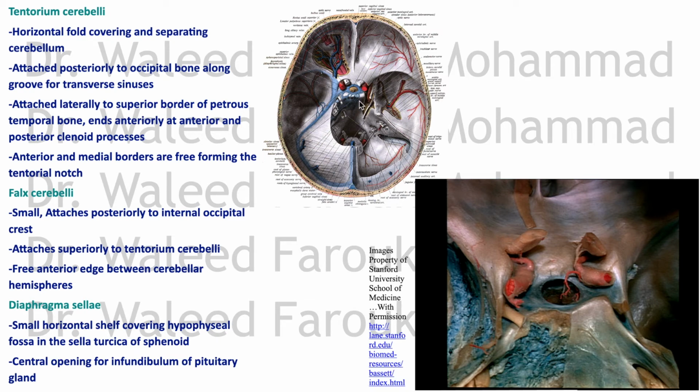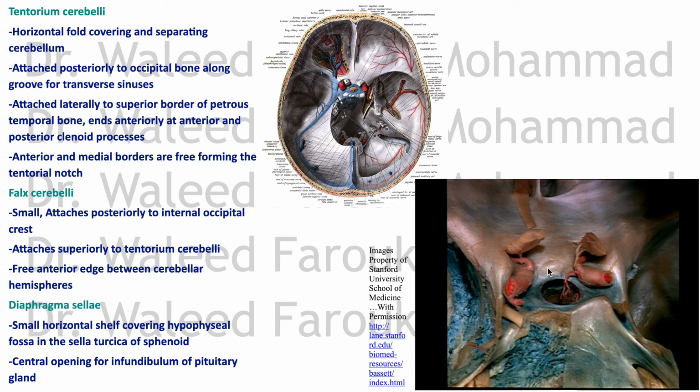And the diaphragma sellae, you see this region, this is the region of the sella turcica we talked about, covered with dura. See here? Covered with dura. This is the internal carotid artery giving the ophthalmic, see? And this is the optic nerve emerging from the optic canal. Oriented now? This is the fold of dura I'm talking about, which is called the diaphragma sellae, that separates the pituitary gland